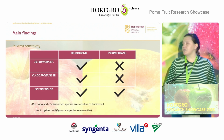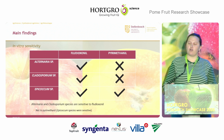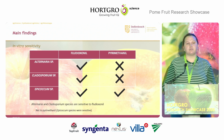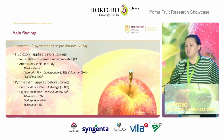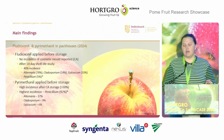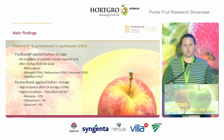The in vitro sensitivity results show that Alternaria, Cladosporium, and Epicoccum species are all still sensitive to fludioxonil. However, Alternaria and Cladosporium species showed a lack of sensitivity towards pyrimethanil. On top of that, last year, 3 pack houses were visited, 2 of which applied fludioxonil before storage. They reported no incidents of these cosmetic molds. However,